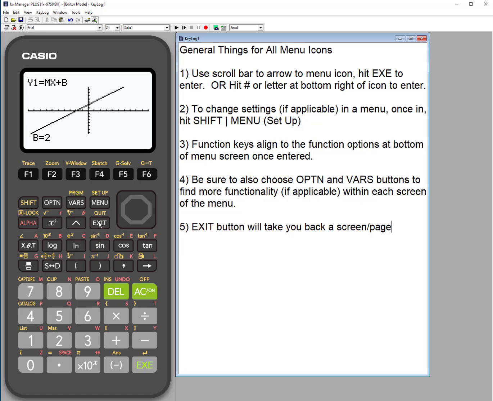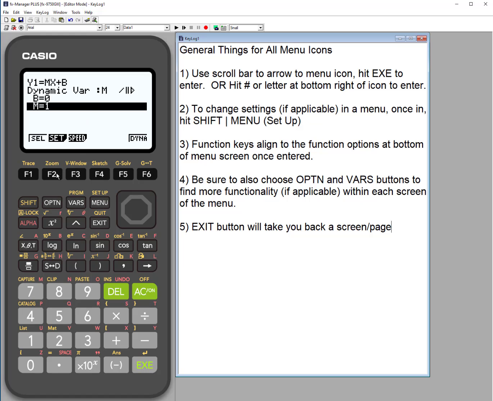Now let's hit exit again and exit again. And we could now change the variable that we want. Right now it is exploring only B. So maybe we now set B equal to 0 so that there is no intercept. And now we select the slope. So again, select F1. It changes the variable up here that's being controlled by the dynamic.